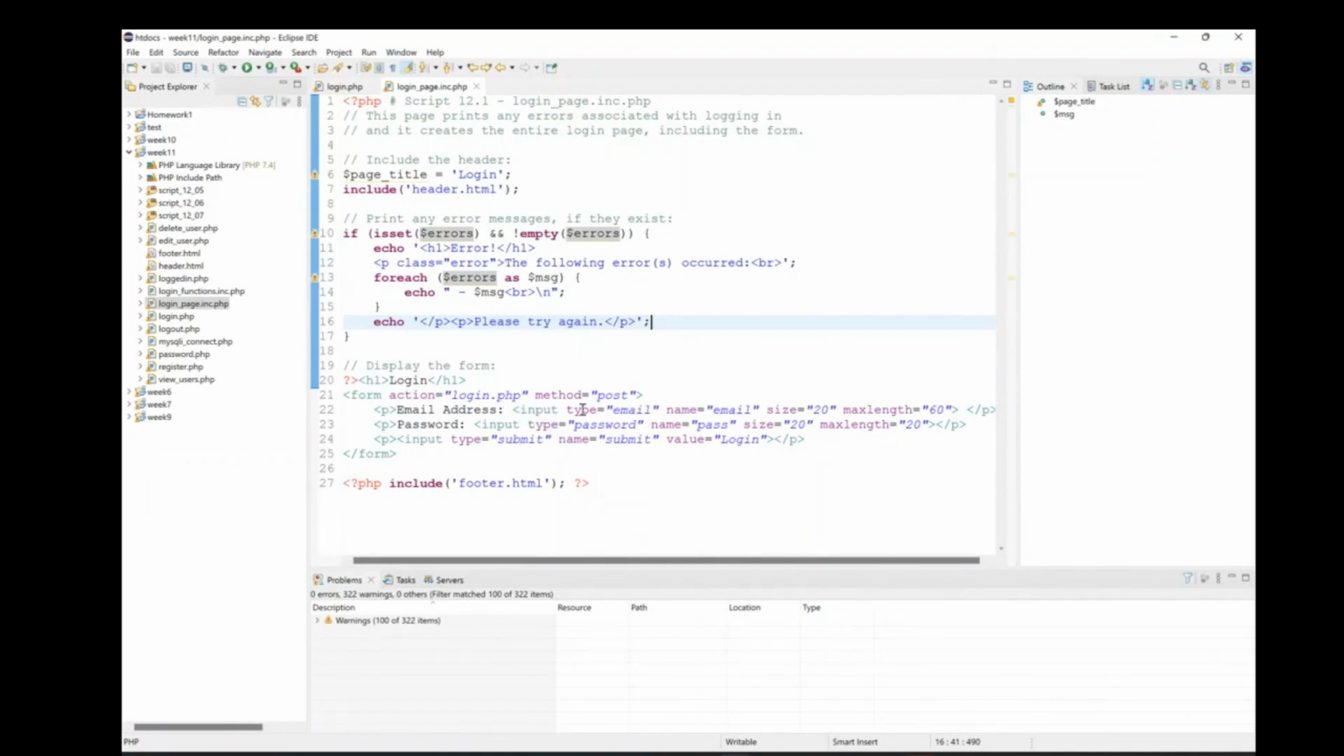Not login.php. It will show you three fields: email, password, and then a button, submit. Once you click submit, it will go to login.php. Okay, let us show you the login.php. That means login